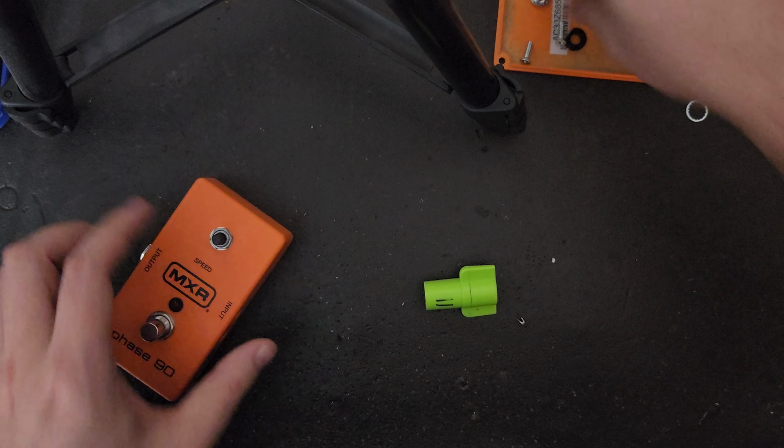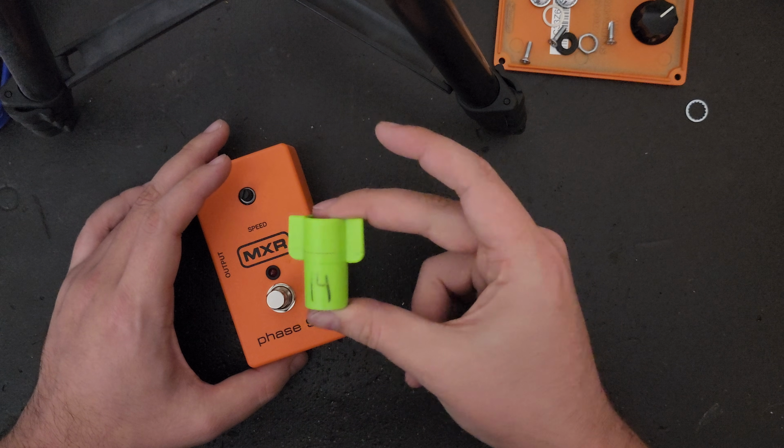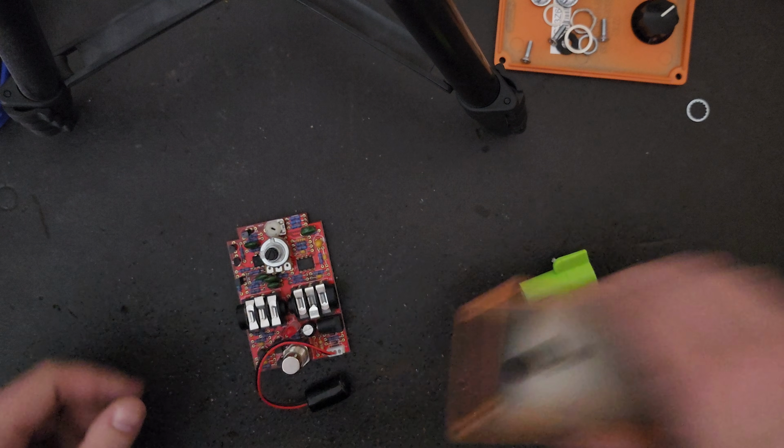It's going to be size 11 for the input and the output jack, and I believe the potentiometer as well. And then it looks like a 14 is going to do us for the foot switch right now. And again, that comes right off. And then you can pop the board right out of the enclosure, and it should come out all neat and